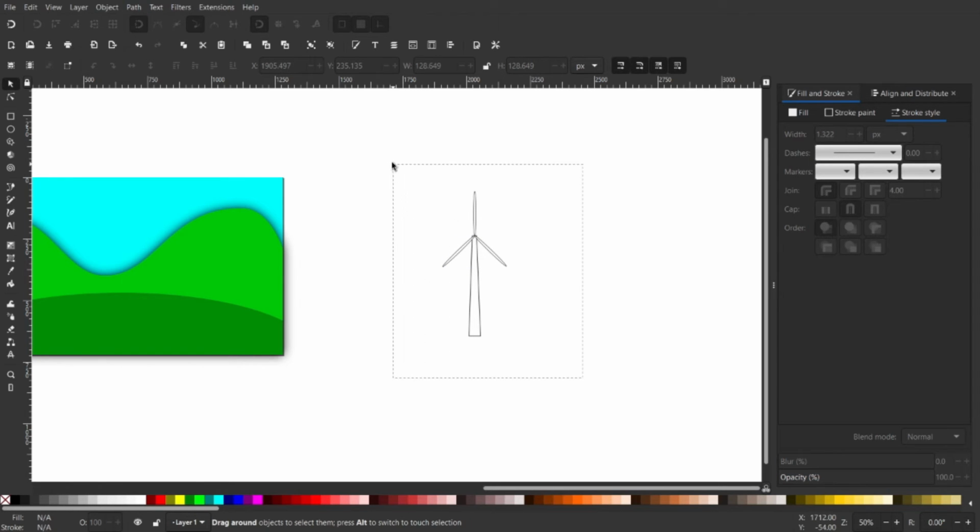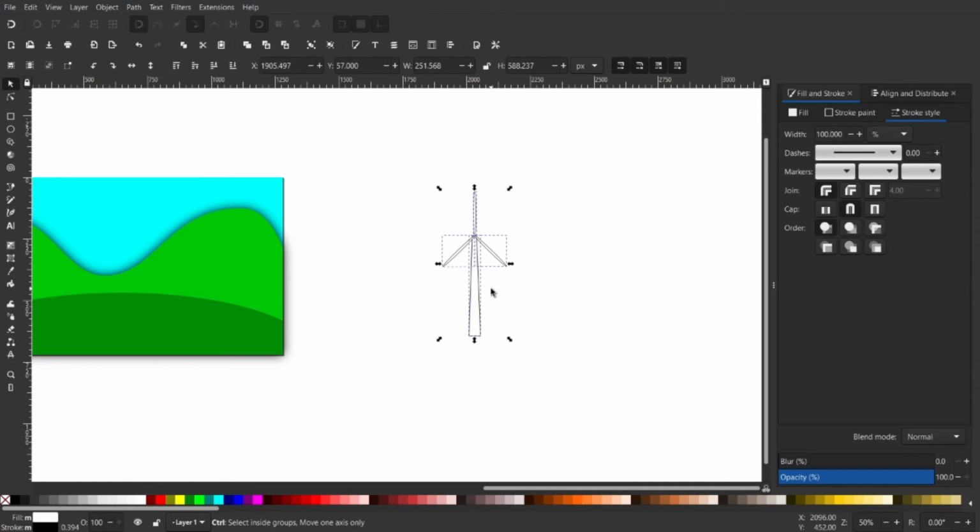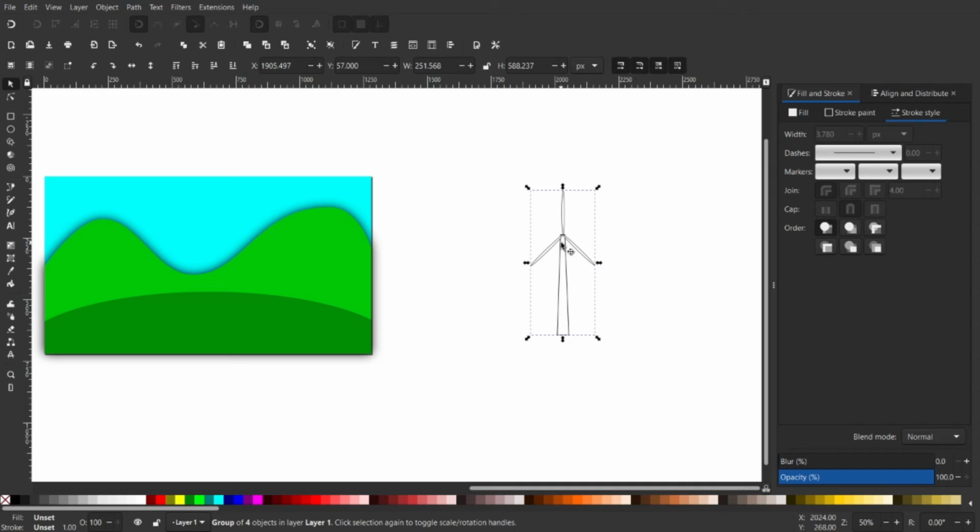Okay, so now I will click and drag on all the graphic we just created and then hit Ctrl G on the keyboard, or you can just press this button right here that shows group selected objects, and there you have it, your windmill. So you can just place it right here, and if you think that it is looking a little bit bigger,